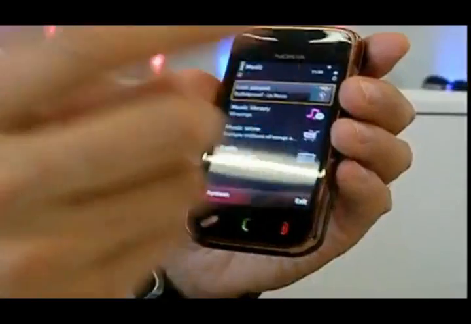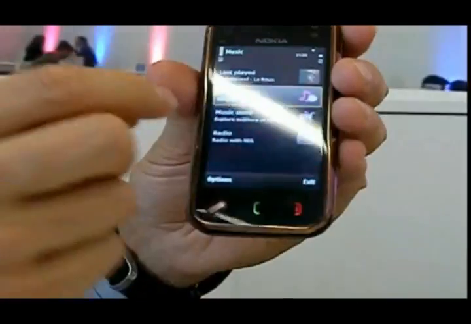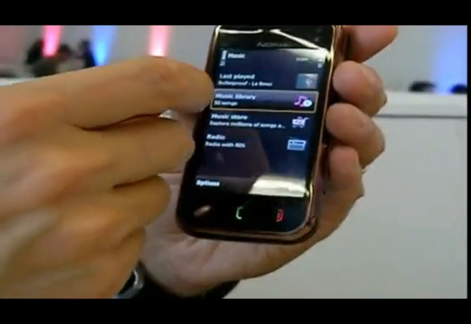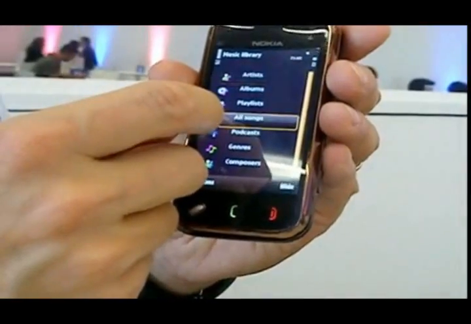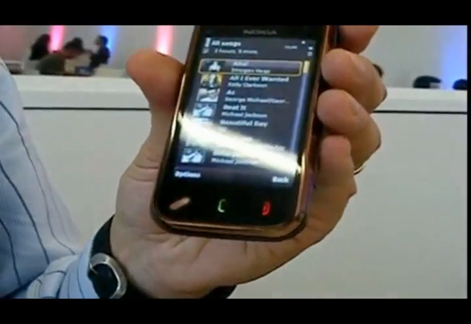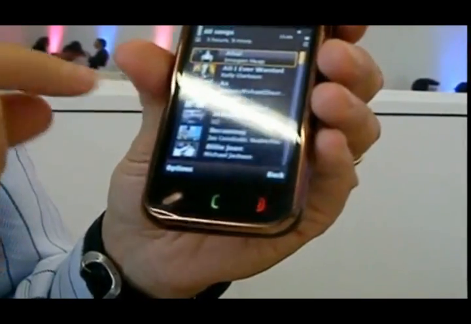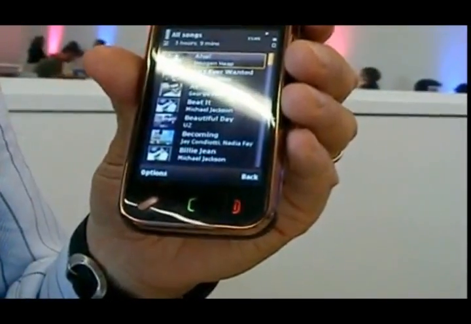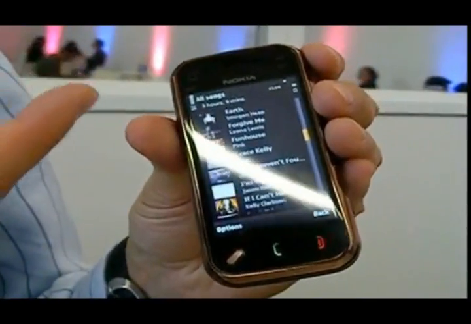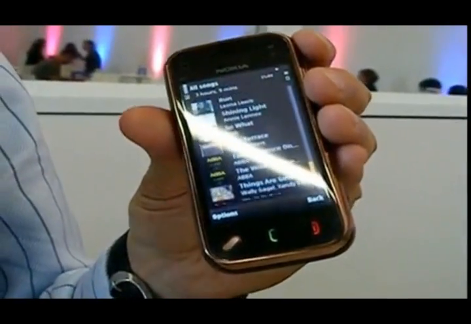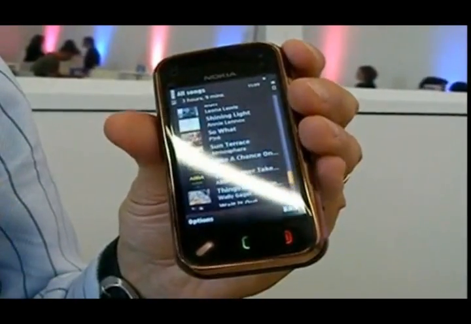If I'm, for example, showing with this other product where I do have more music in, I go to the music player here. By the way, you can see maybe those themes as well. So there are those theme effects. I go here, and there are the songs, and let me go to all songs. So you can see now, for example, the album arts. You see the information about the title of the song, who is the artist there. But also with this list, you can see how it's fluently moving from one album art to another album art.